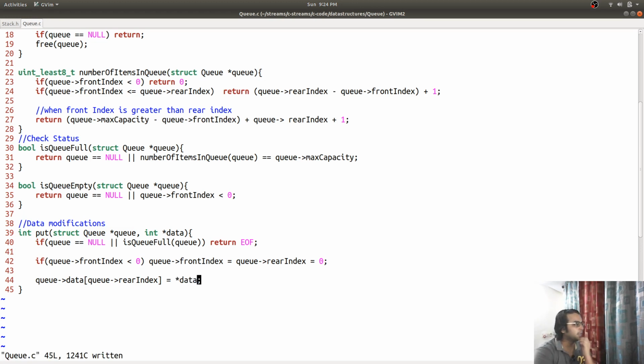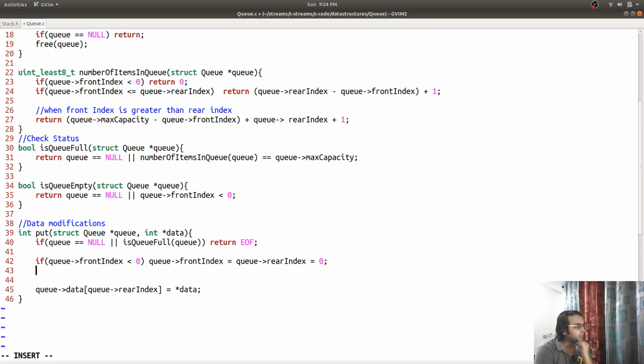That is put. I have put the data over there. So this is one part. Next part is else. We have to check what is going to happen, that queue rear index is going to be something like